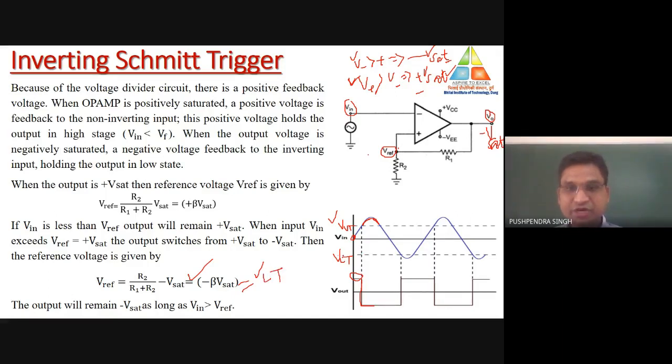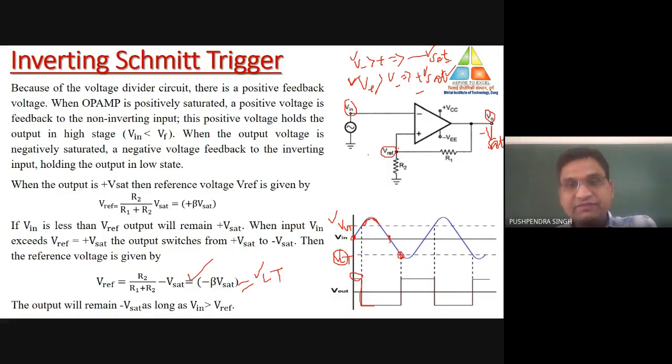That means the reference point is now VLT, from this particular duration to this particular duration. Now the level of checking is what? Level of checking is VLT. With the help of this VLT, the circuit will check whether the level of this input signal is high or low. So from here to there, if there would be any kind of change in the signal,